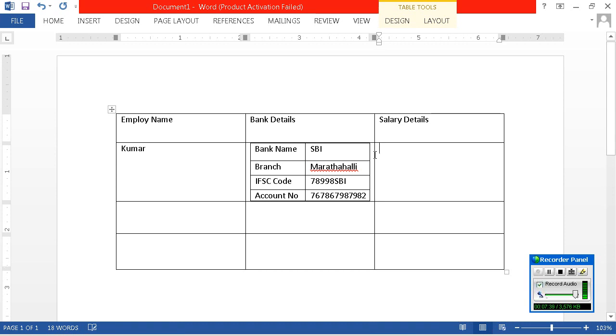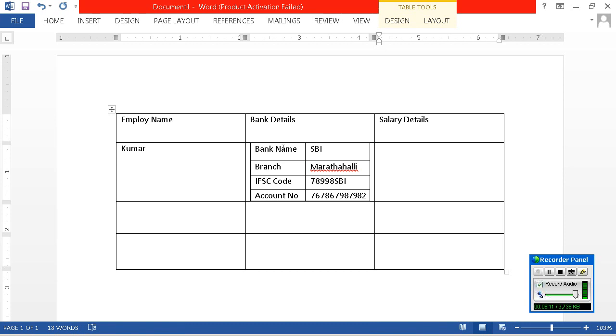See, without a table also you can write the design, right? Bank, the other bank name, break, branch, value, branch, break, again IFSC code, value, break, you can use. What was the disadvantage of that one? If any one of the parameters is big, the design will not be in a structured way. You can go for div also, but what will happen? There will not be any structured relation between all of the columns.